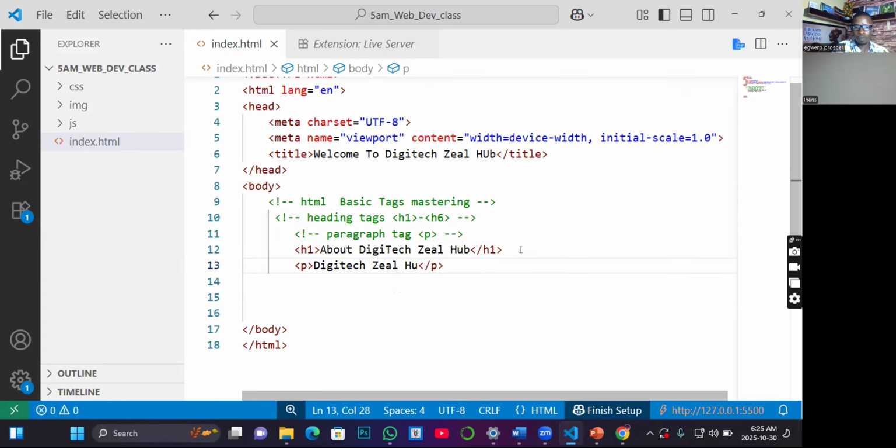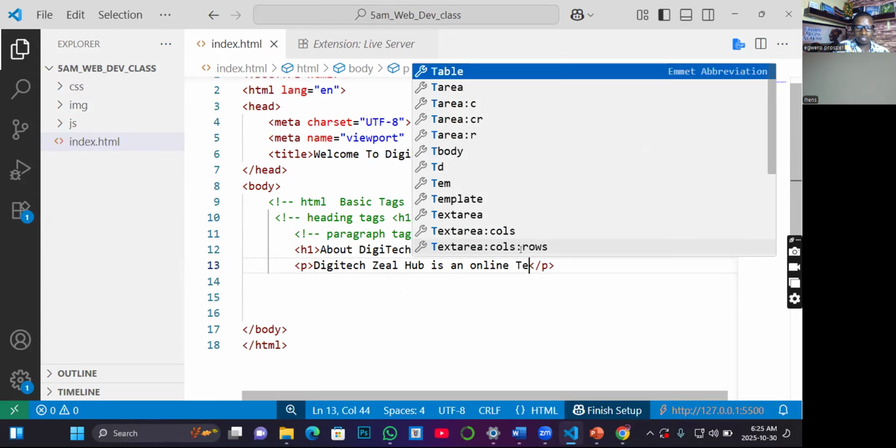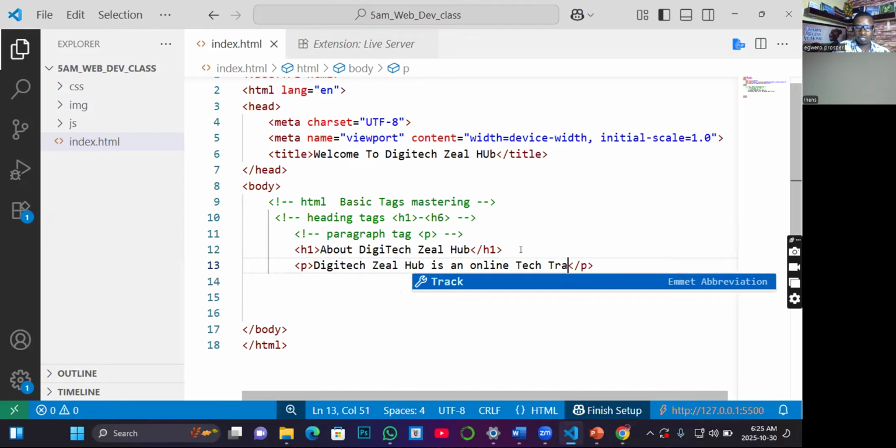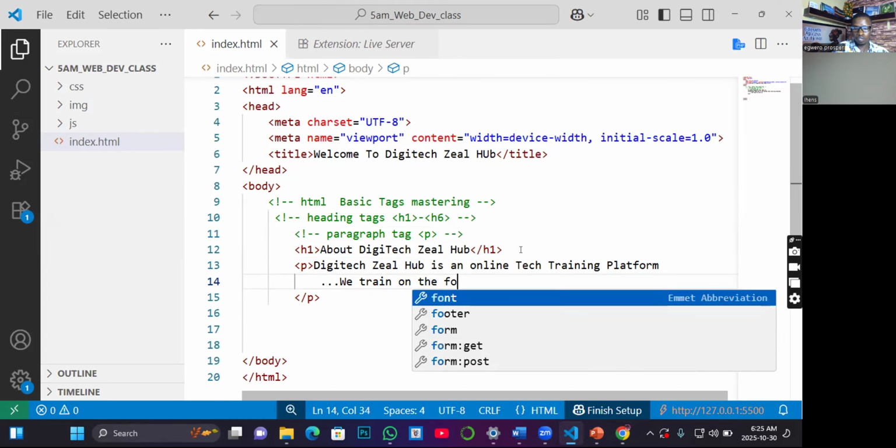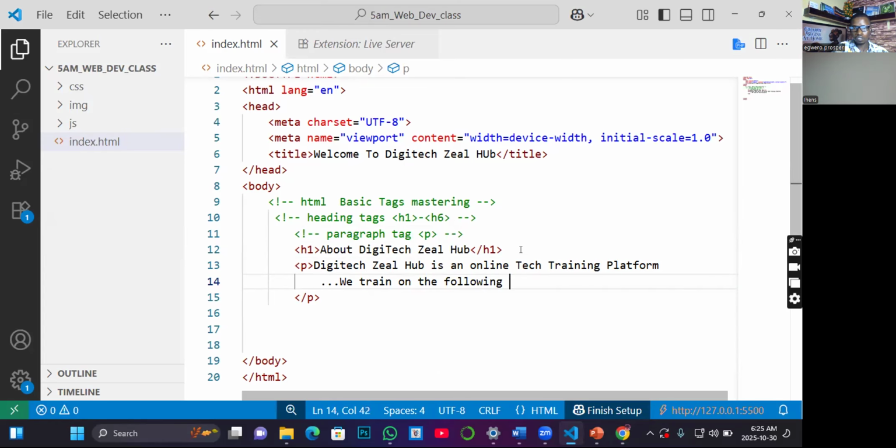Digital Z Hub is an online tech training platform. Right? So for example, I can break it here. I'll just put, we train on the following programs. So I can just put them in brackets,